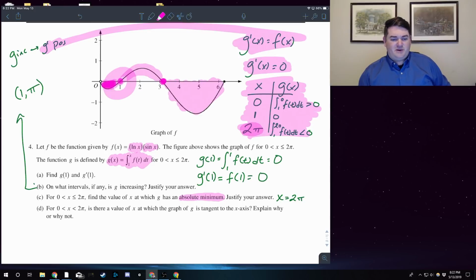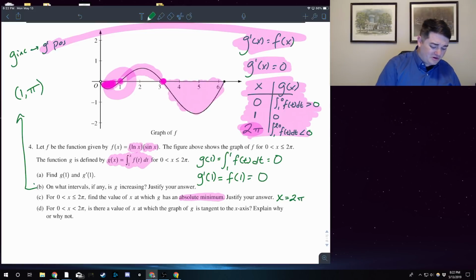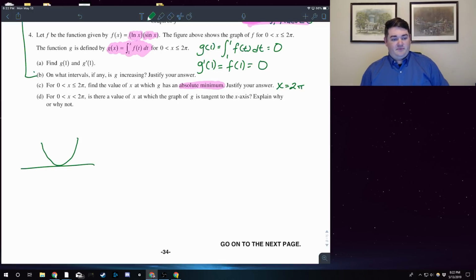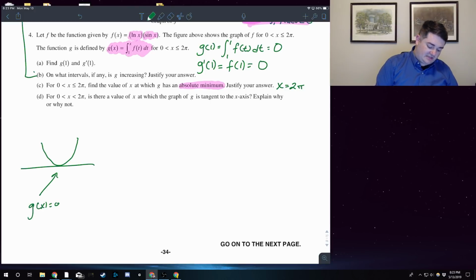And from 0 to 2 pi, is there a value of x at which the graph of g is tangent to the x-axis? I think this is worded a little bit confusingly. I remember when I taught this problem before, when they say tangent to the x-axis, they're talking about this picture right here, where it sort of bounces off the x-axis, that is a point where g of x equals 0 and g prime of x equals 0,